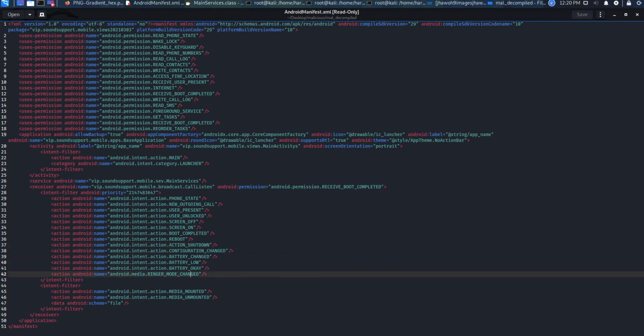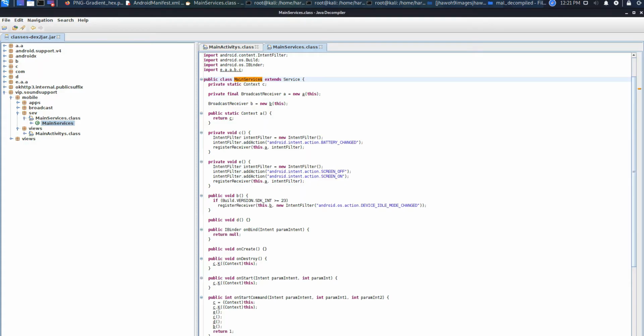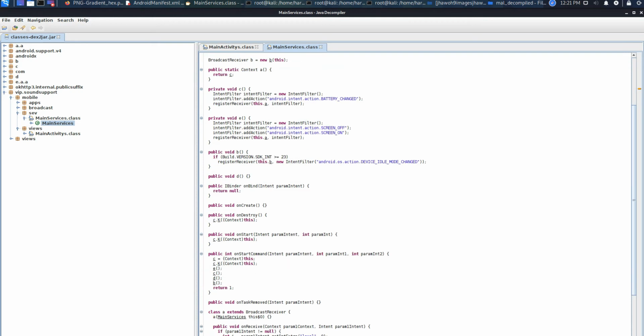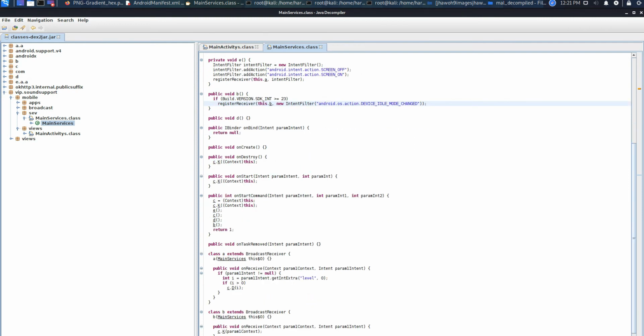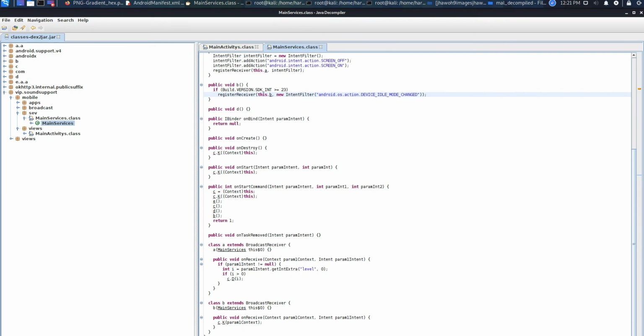All the malicious things are happening, and it is also looking at the media, whether there is an SD card, whether it is being added or deleted. Along with this, the attacker can also perform actions inside this device, because here we can see they have given different permissions. Read permissions they have declared, write permissions they have declared. So this is one of the things to look at. And here also you can see, using the broadcast receivers, they are checking the screen, whether it is off or on, and also whether the device is idle. And yeah, let's see next.